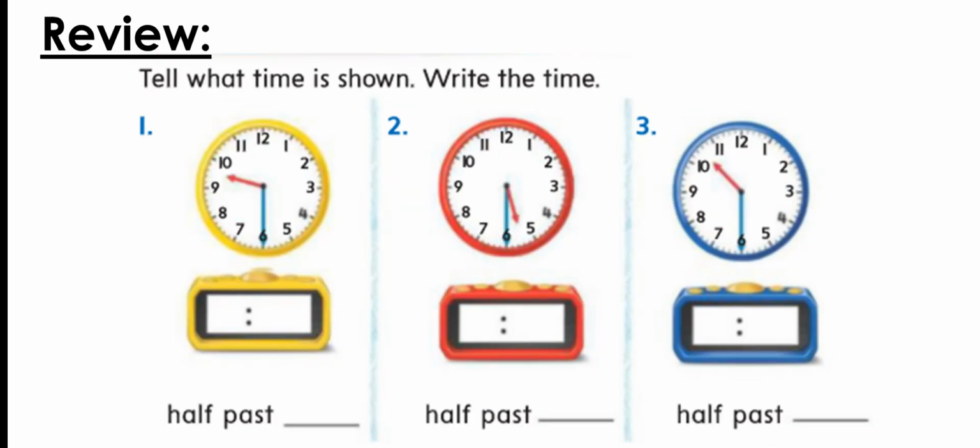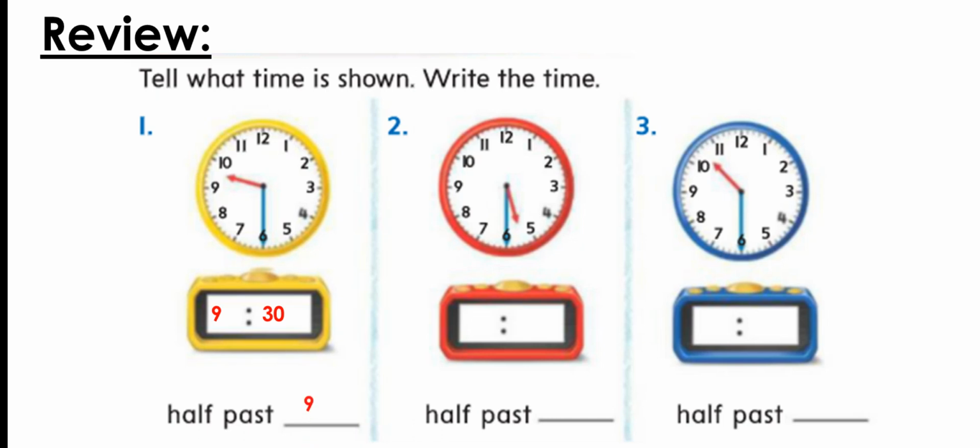Now, these 3 clocks are showing half past the hour. See, all of them are pointing to number 6. They are all pointing to number 6. So we know that when the minute hand points to number 6, it means 30 minutes. Now we need to focus on the hour hand to show the hour. So the first hour hand is pointing between 9 and 10. So we have to choose the smaller number, which is 9. So it is showing 9:30 or